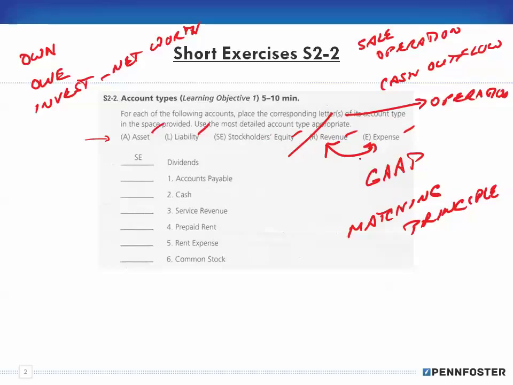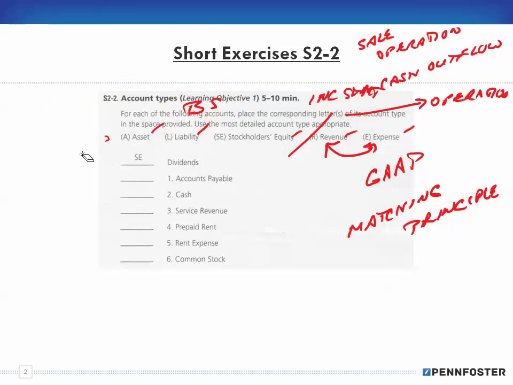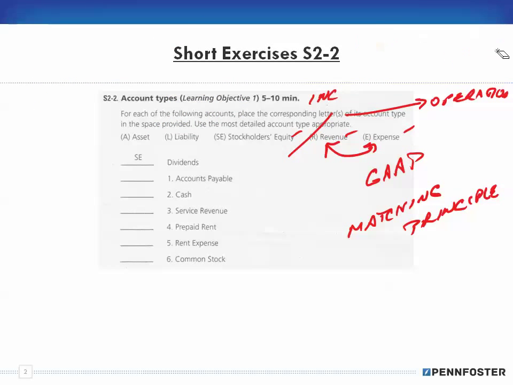Okay, so when you're looking at the matching principle, the way to think about these categories is, assets, liabilities, and equity are on your balance sheet. And of course, your revenues and expenses are on your income statement. Right? And I know I've said this before, but the balance sheet is the financial position of the business since the start of the business, whereas your income statement shows the operations of the business on a periodic basis. Okay, so with that quick little background,